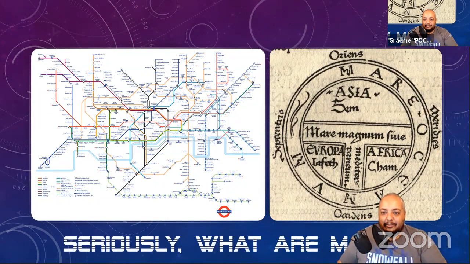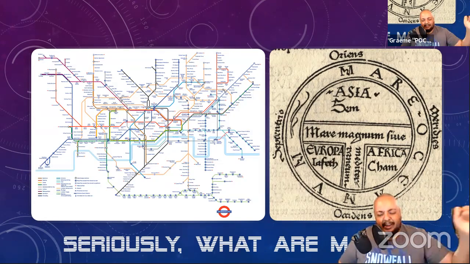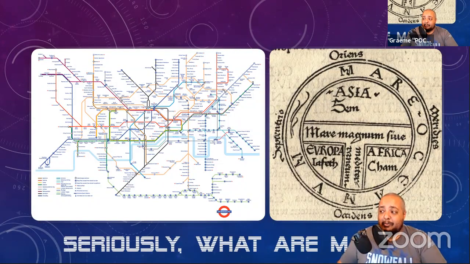So you've got Asia on top. Then you have Europa and Africa, and then the T separating them is actually the Mediterranean between Europe and Africa, and then the Nile, and I forget the other river. Maybe it's the Rhine or the Danube. Not sure. Anyways, that's a couple of rivers that separate Europe and Africa from Asia. Super abstracted,